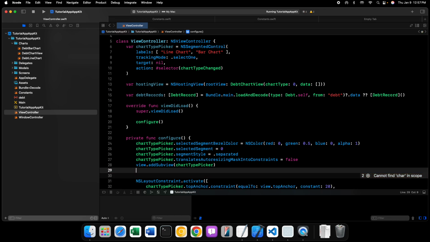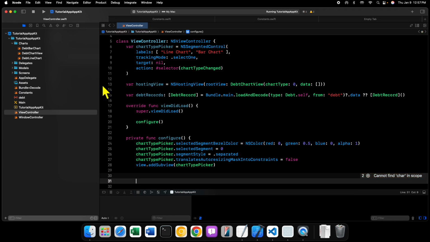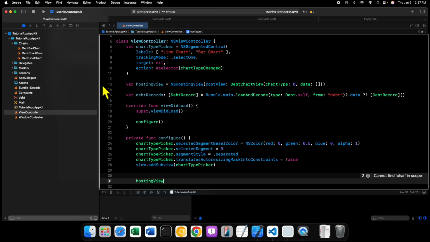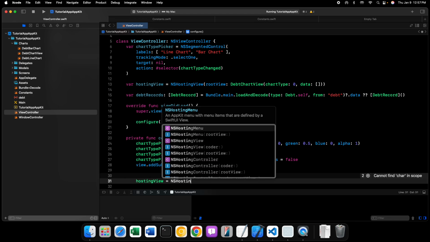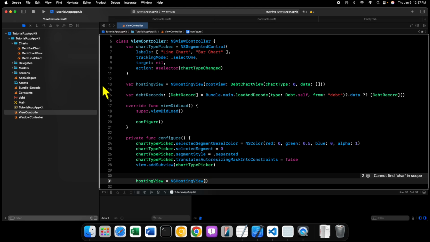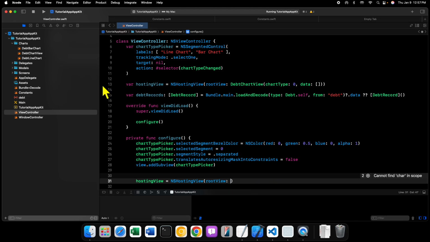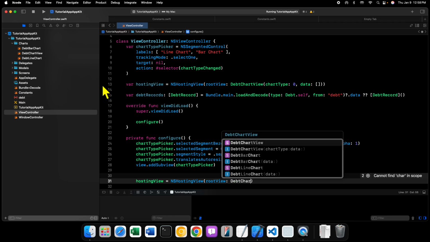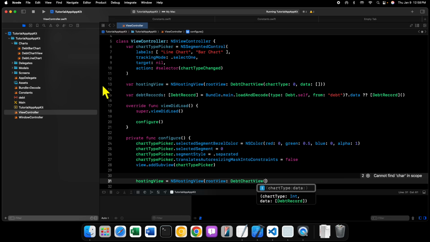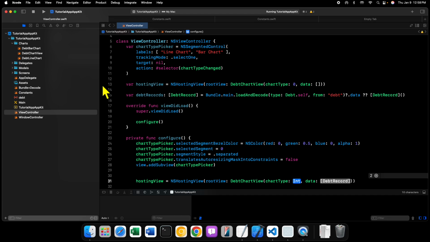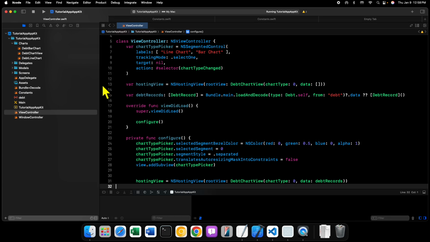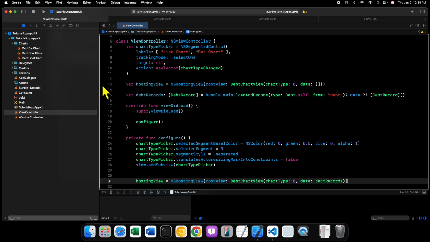Okay. We'll say hostingView equals NSHostingView with a root view of DetChartView, and we'll pass it a chart type of 0 yet again. But instead of an empty array, we'll pass it detRecords like that. And there we go. Now we have our